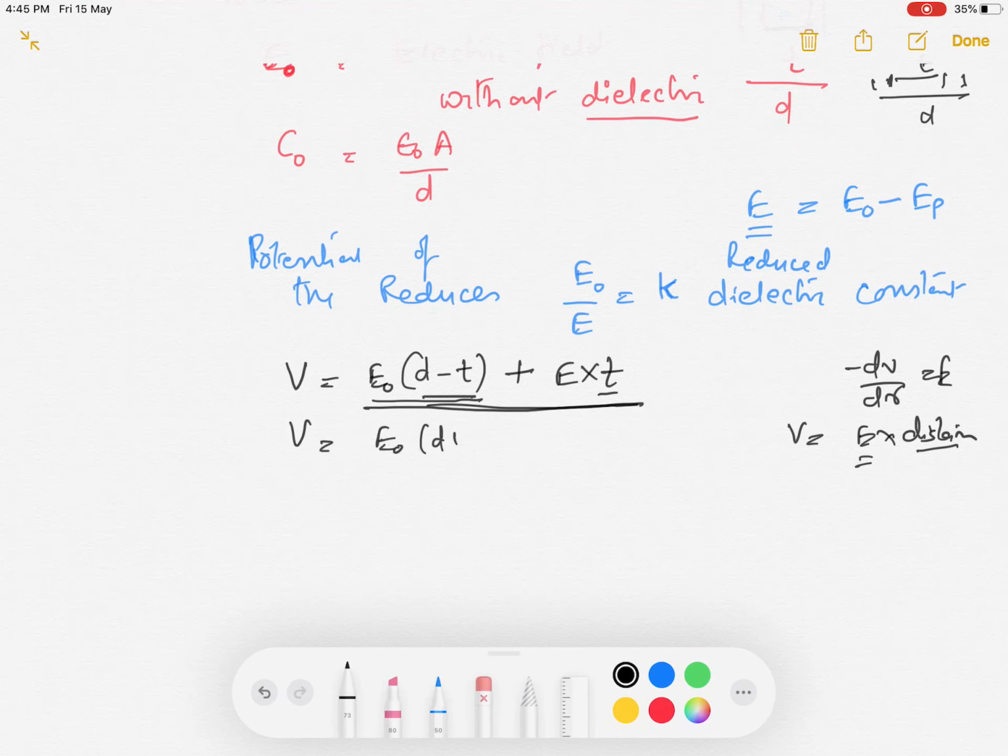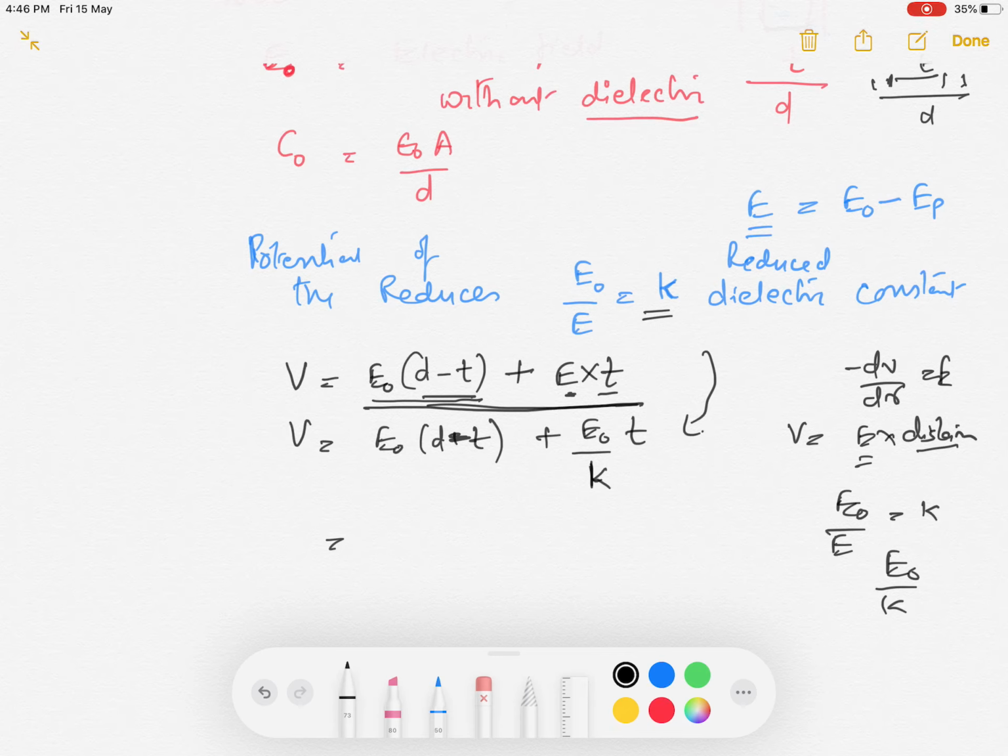Now please pay attention to this. This will remain the same, d minus t plus t. The value of this E we will substitute. It can be written as E0 upon k into t. Substituting this, E0 upon E is equal to k, so E can be written as E0 upon k. Okay, see here, if you are not getting it, E0 upon E is equal to k, so E0 upon k